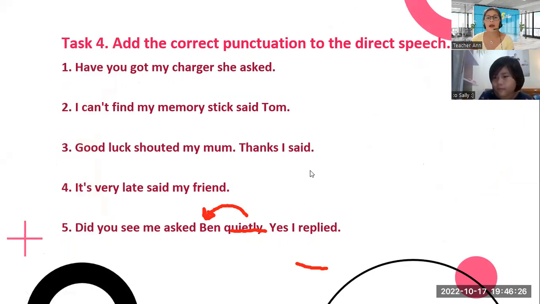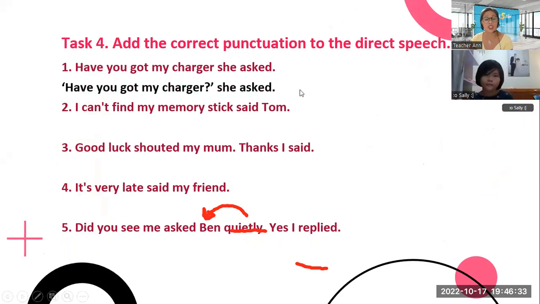So adding the correct punctuation to every speech. Here first, you've got, have you got my charger? she asked. Okay, I cannot find my